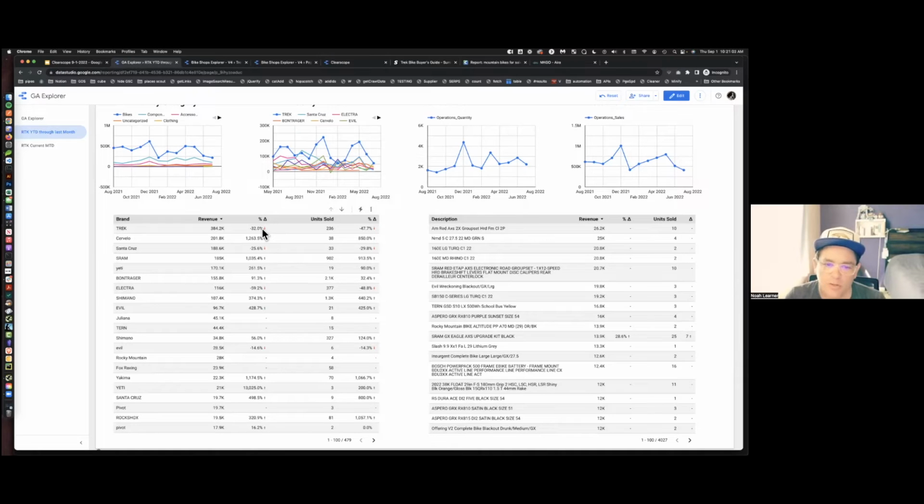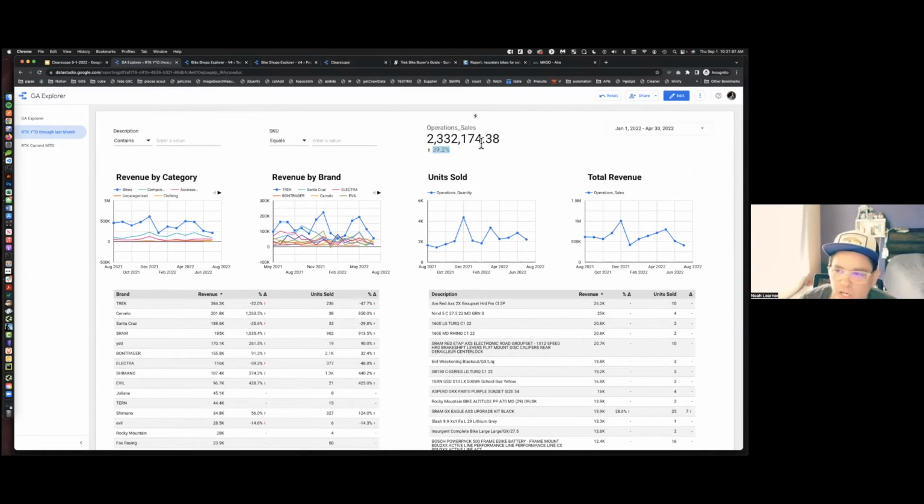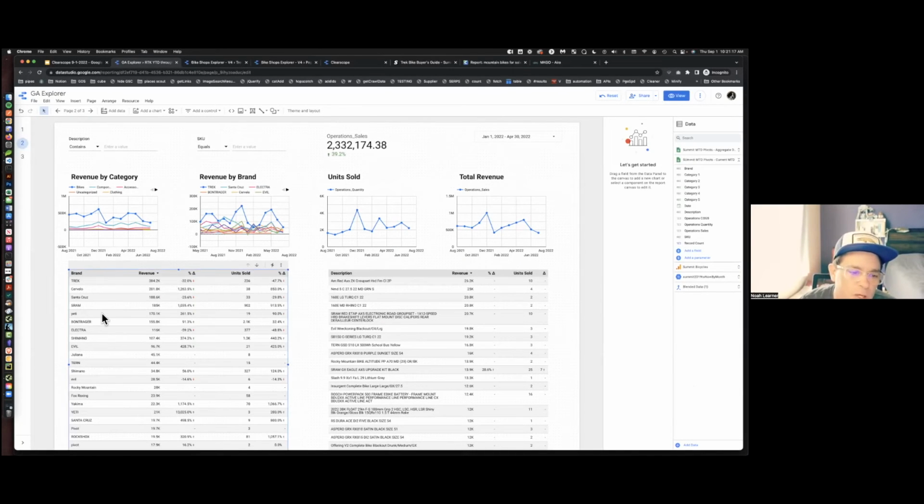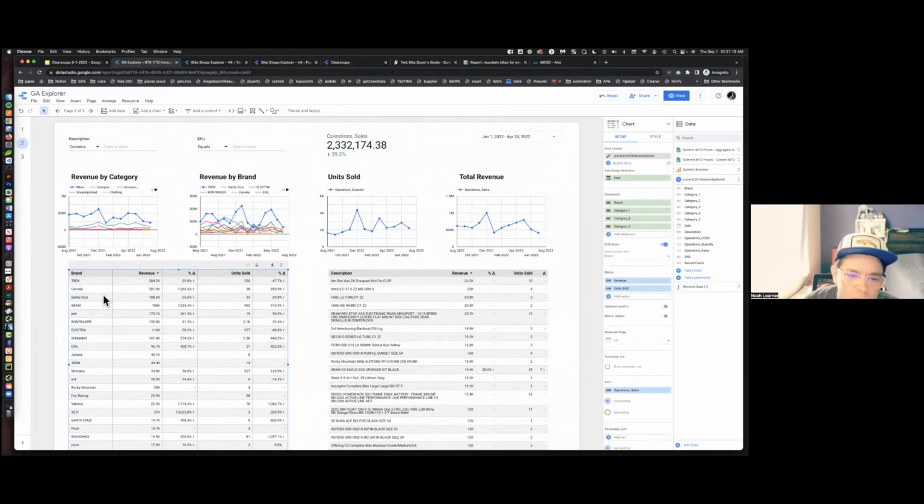But let's look at how these things work together, just so that you can glean potentially some cool ways of working with data. So when you want to do drill downs, the way to set them up is you can select the page or select the chart, and then you can over here on the right,